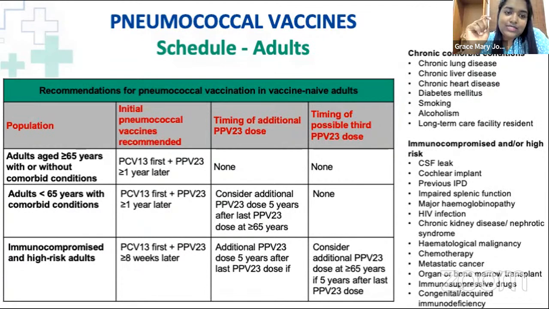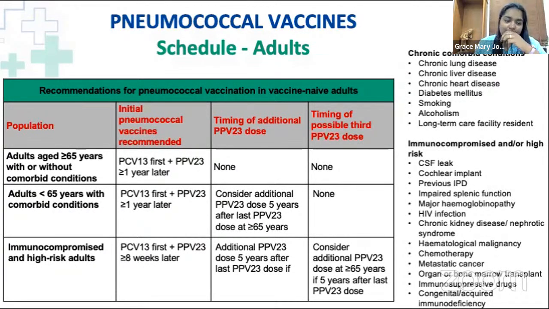Now, the adults who are less than 65 get the same regimen as those above 65. The only difference is that once they cross 65 years, if it is more than 5 years since the last dose, like the patient we just discussed, the 56-year-old patient in the case we saw,